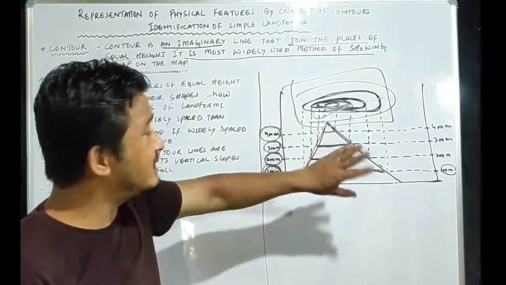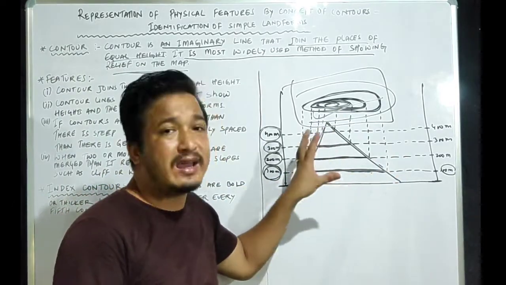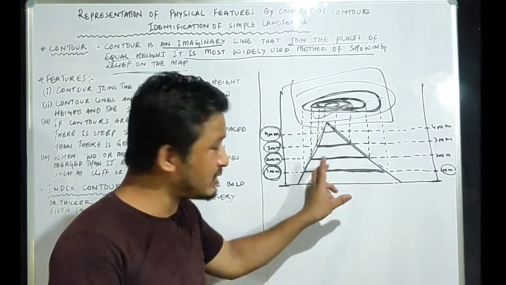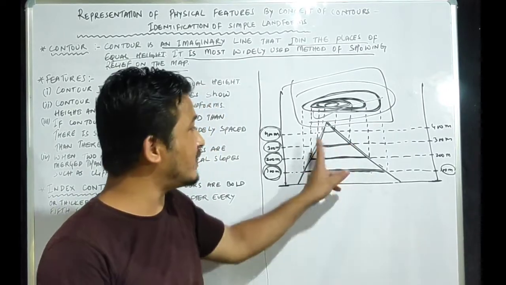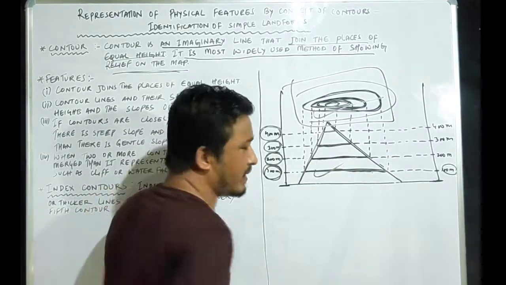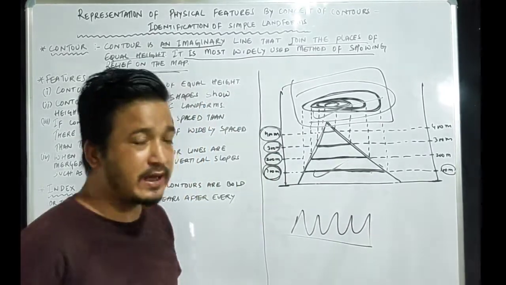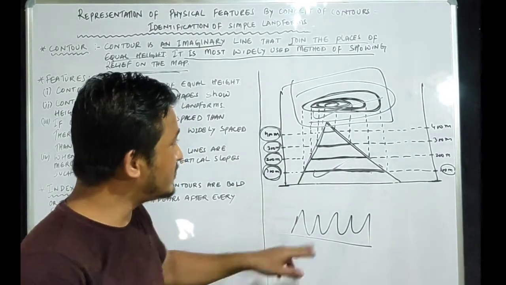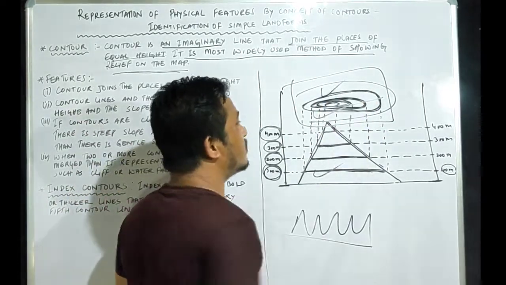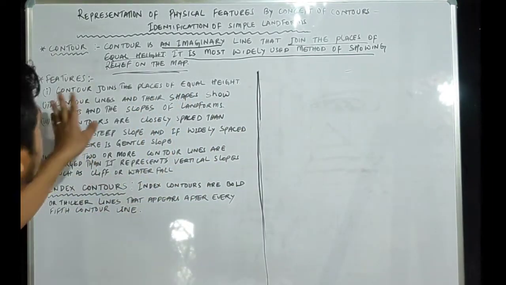Okay. So these lines are contour lines, but these are not contour lines. They are the actual height of the place, and this is the actual physical feature, that is a mountain. So we cannot make this mountain on the map, right? Can you make a mountain in this way on the map? No, you cannot. How can you show the height of this mountain and the slope of the mountain? With the help of this line. This is a contour line. Further we will see it. So now students, let us see the features of the contour lines.